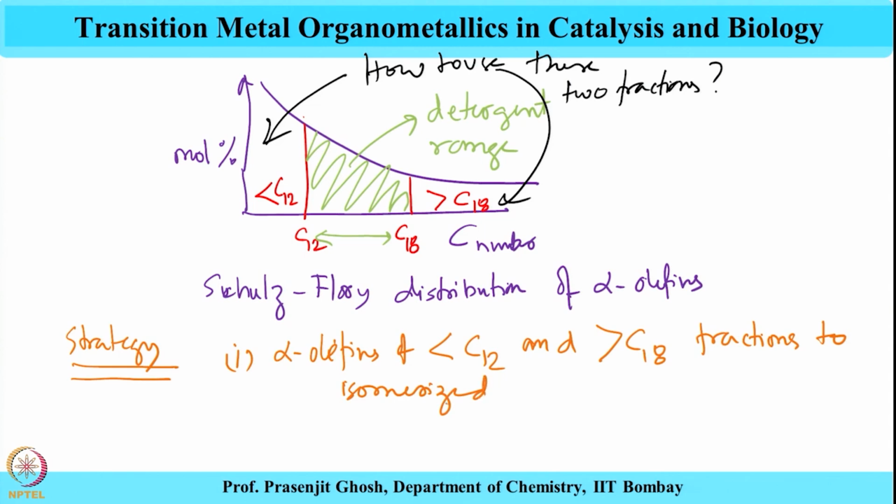That means that, for example, if there is an alpha olefin, it would have the olefinic bond somewhere in the middle getting isomerized, with the total number of carbons remaining the same. So, some sort of isomerization of the olefinic bond from the alpha position to some internal position, that is what they looked at. And then the next strategy was